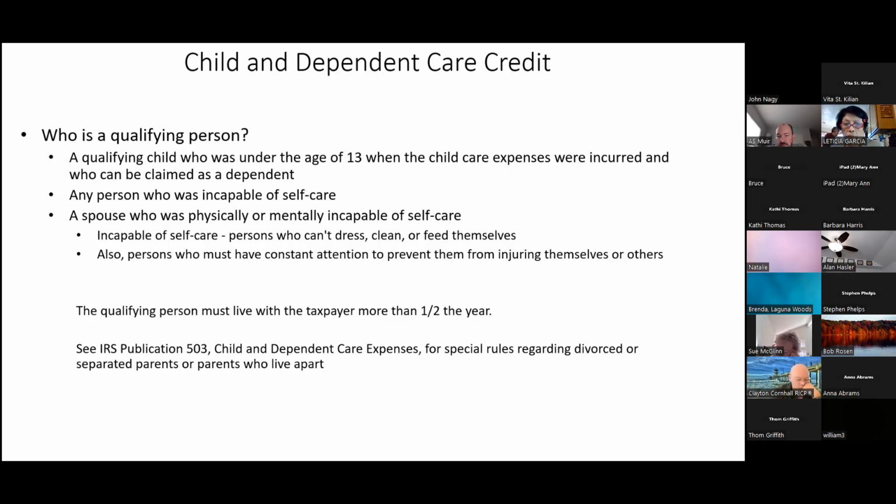And also the qualifying person has to live with you for more than half of the year. And so think of the little kids. I don't think I did this very often, but I remember when my son was a youngster, we had a daycare provider nearby. She was certified by the state of California, which I guess she went through the CPR classes, the other classes. She was licensed.